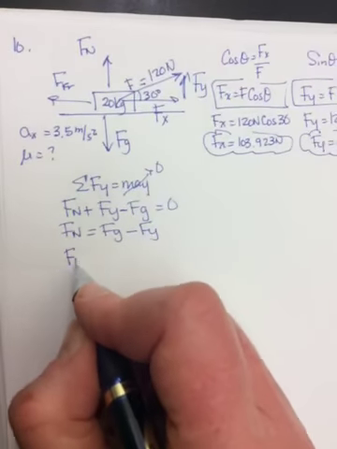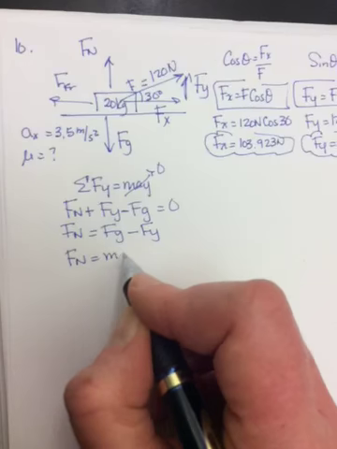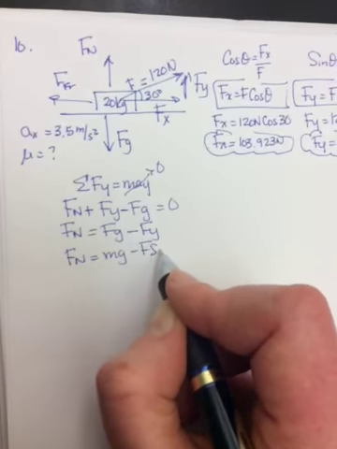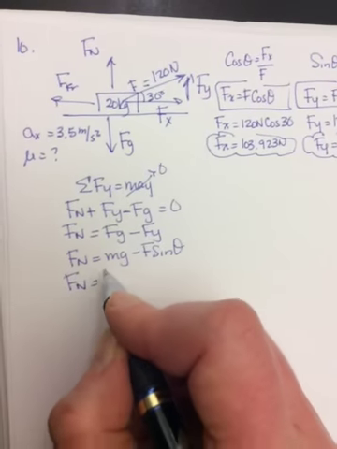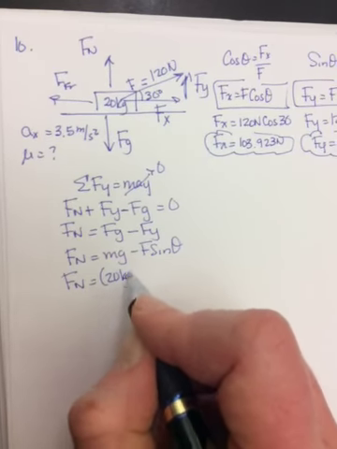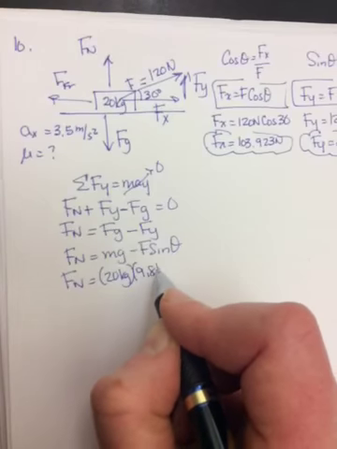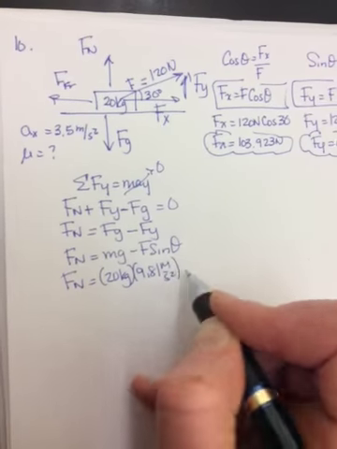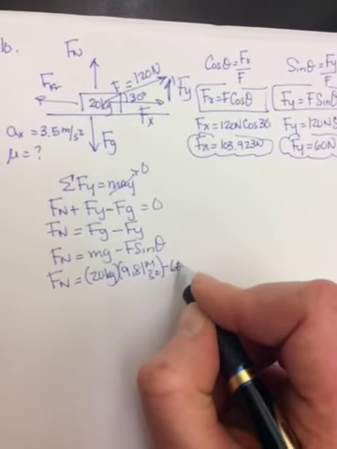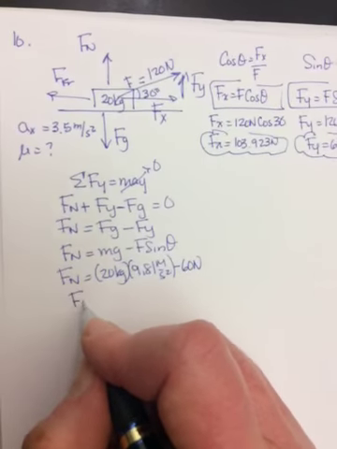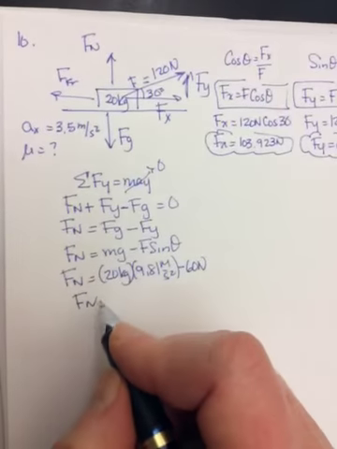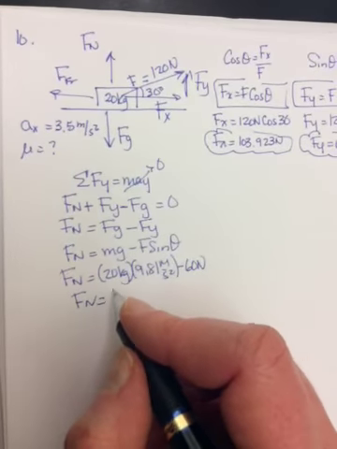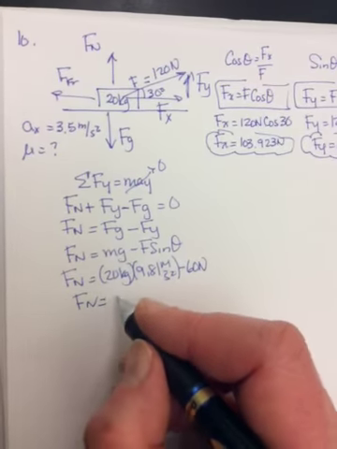In other words, it'll be mg minus F sine theta. Yes, you can get a number here if you want. It'll be 20 kilograms times 9.81 meters per second squared minus your 60 newtons that you had up there. So what is that? 196 minus 60. So it should be 136.2